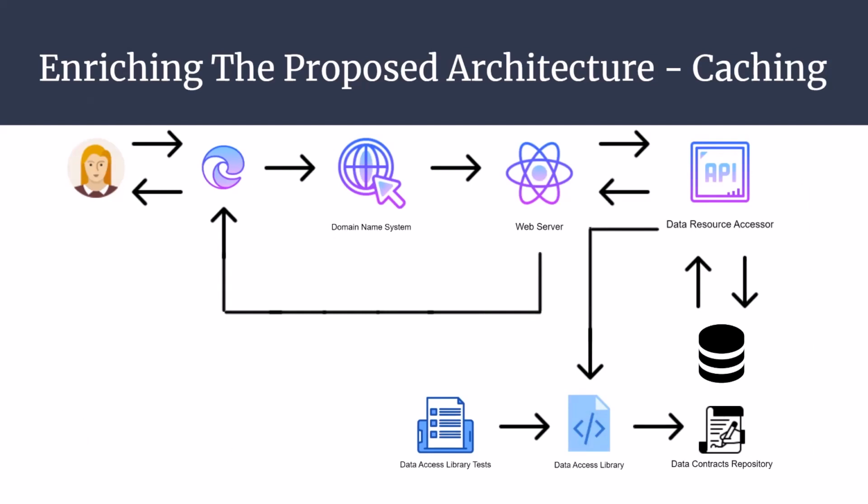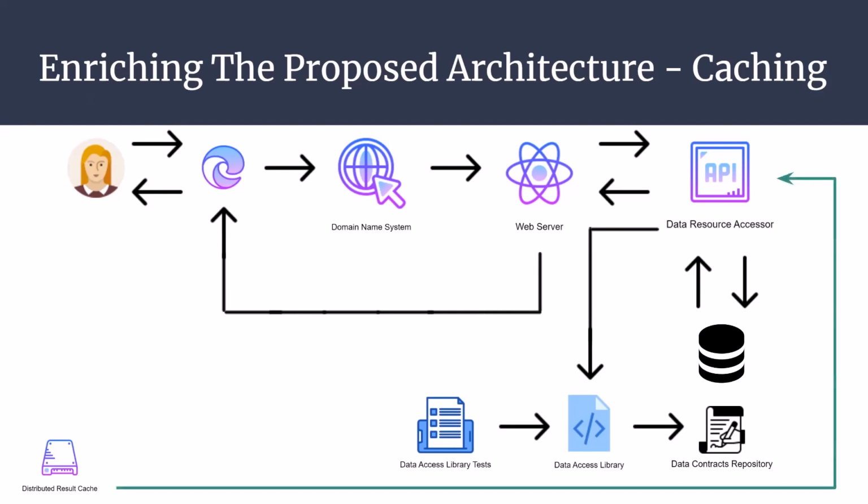Requests for same data can many times be repeated without the result dataset actually changing. A common truth in the data world is that for most use cases, interesting data tends to get queried a lot and modified much less. This fact, combined with the overhead of accessing a database system for reading data, makes it very reasonable and efficient to store query results in an efficient distributed cache. By doing so, we can make sure that our data resource accessor can return query results directly from cache, instead of reaching out to a database system and having it compute the data we requested.